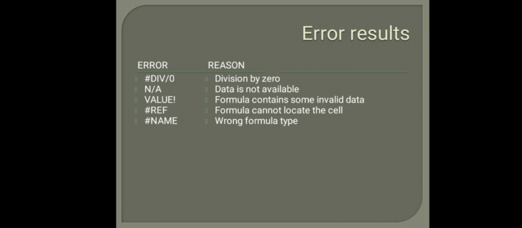Value, that the formula contains some invalid data. Ref, that the formula can't locate the cell, it is unable to find the related cell. And last one is name, that a wrong formula was typed. Mathematical operators used in MS Excel are the same as arithmetic operators in maths: plus, minus, multiply, divide. And MS Excel also follows the BODMAS rule for solving the values.